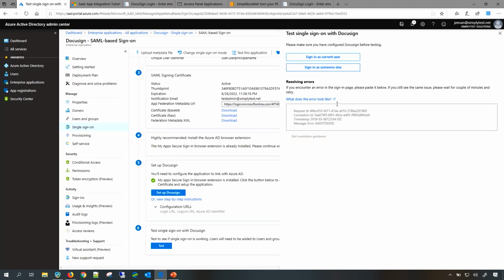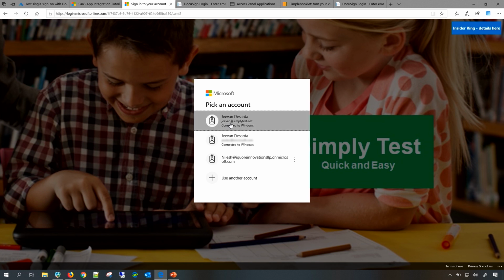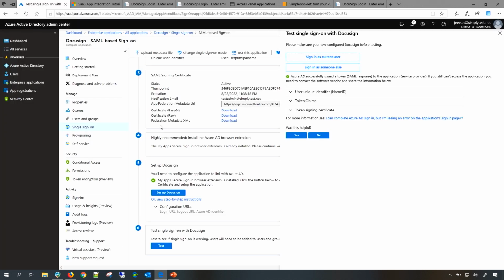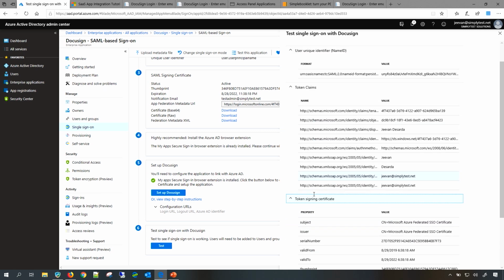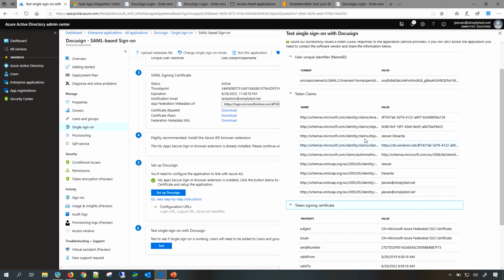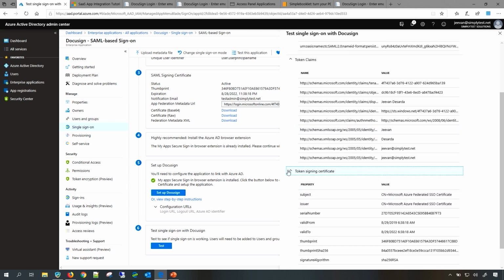And let's go back to Azure Active Directory. Now, clicking on sign in as current user, what happens is the SAML request and response get generated, and it captures all these token values. Here you can see the token signing certificate details. These are the different claims that have been issued in my token, and this is what the name identifier format and the value look like. So this is the ability you get.